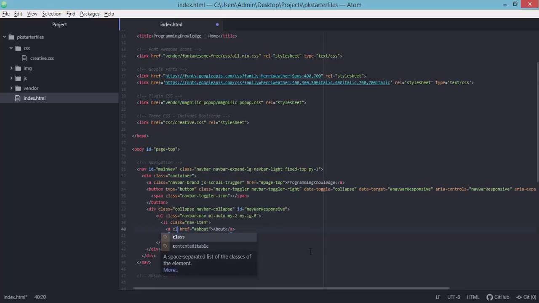So class will be nav link, and of course JS scroll trigger. So whenever we click on this item, it should trigger a scroll to the particular area of the about section. Okay, and then we'll just have to